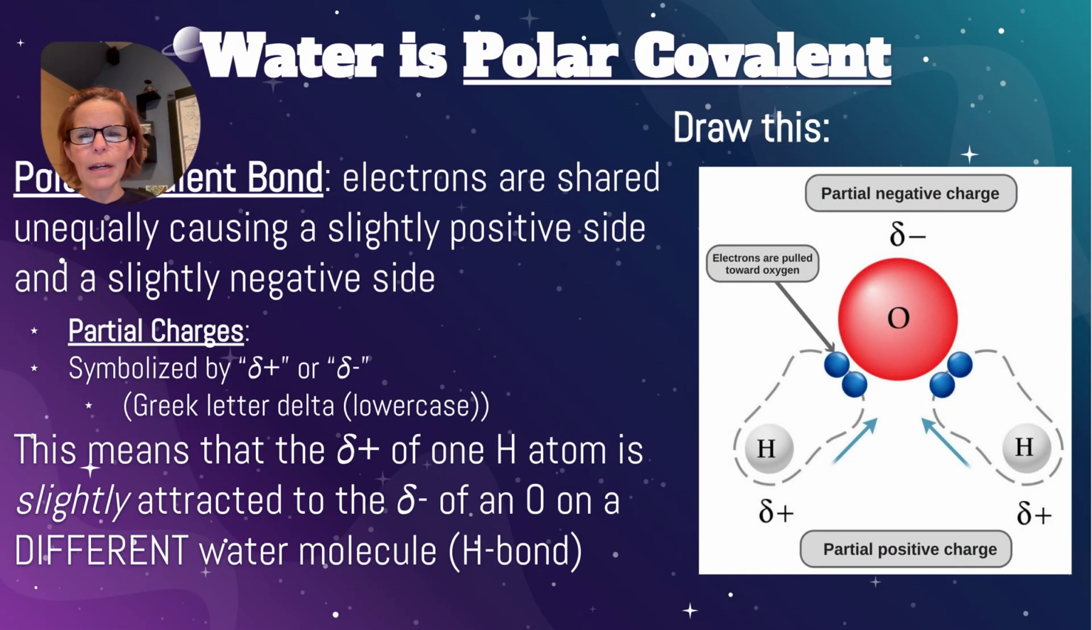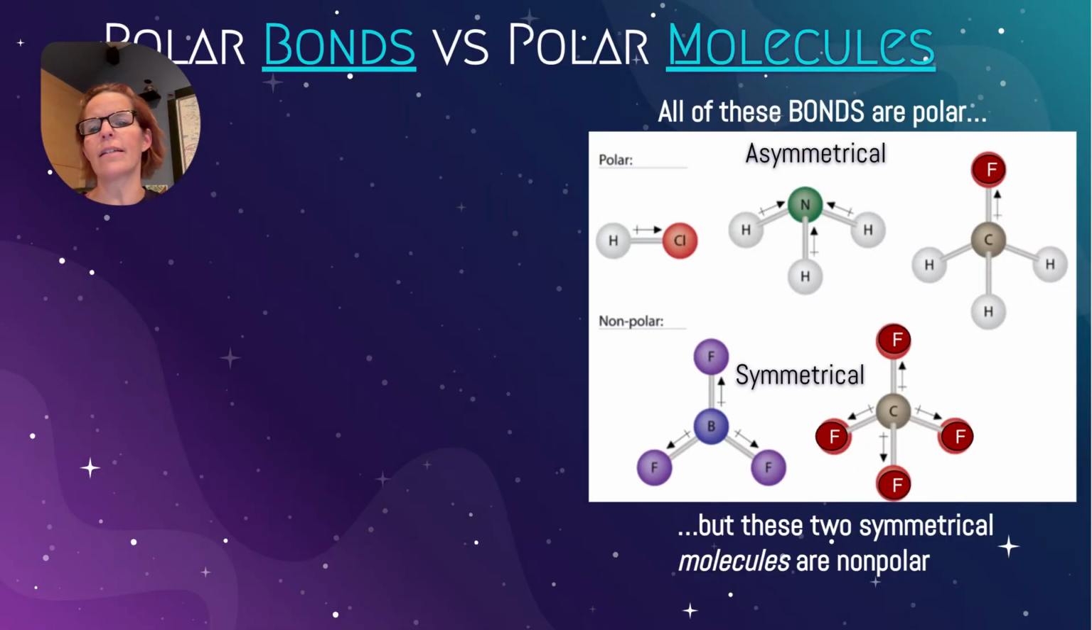We're going to learn a lot more about hydrogen bonds in AP biology, but they are important bonds that give water this amazing polarity and amazing characteristics that other things don't. All right, so now we need to be able to talk about the difference between polar bonds and polar molecules. And this, I think, is the most intellectually complex